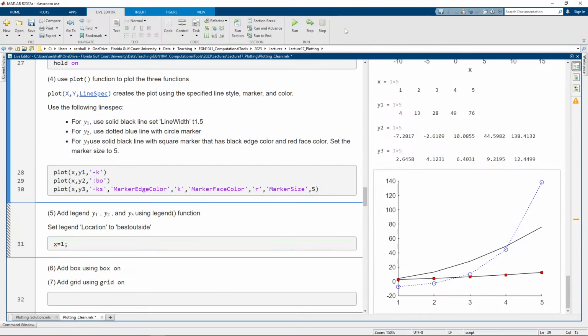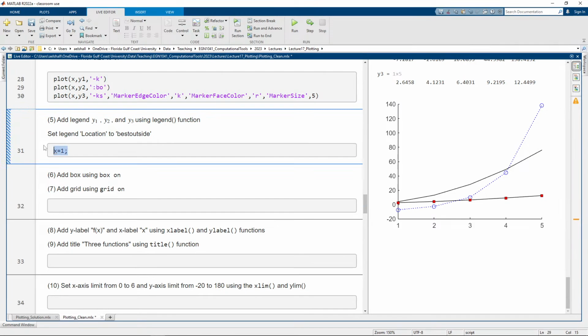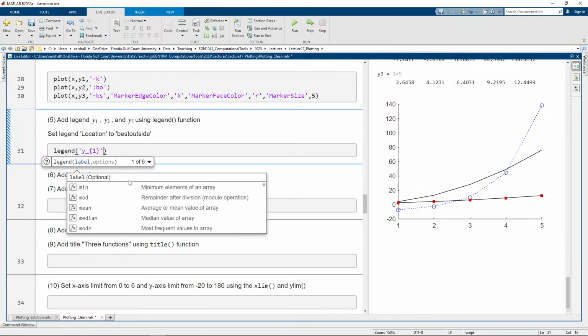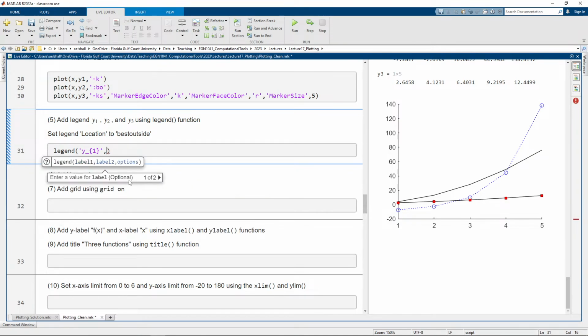It's telling you to add a legend function with subscripts also. So as another practice, we do legend. Our first legend is y subscript 1, because I want to show this with our subscript. My second, and then I can do here and here, and that would be y2, and that would be y3. So if I did this,